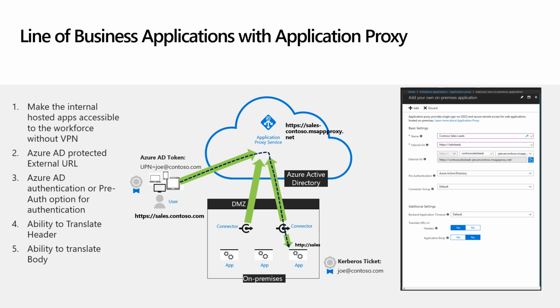If you look at the picture in detail over here, you can see there is an on-premise infrastructure where different applications are running. We have taken the example of HTTP sales as an application. So it's a sales application which has been hosted on-premise. We recommend that you download our connector from our application proxy page, and once you install that connector on your on-premise infrastructure, it will start making an outbound connection to Azure Active Directory. And with that, you do not have to poke holes into your DMZ or any of the security devices, because all these connectors are making the outbound request.